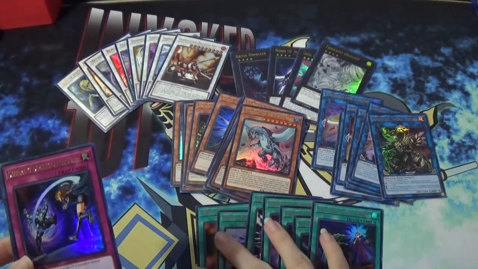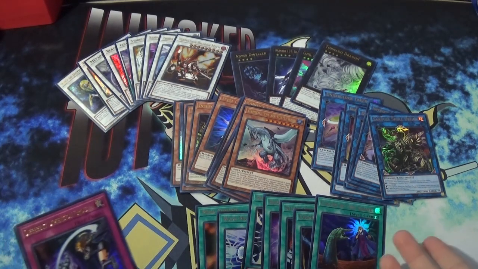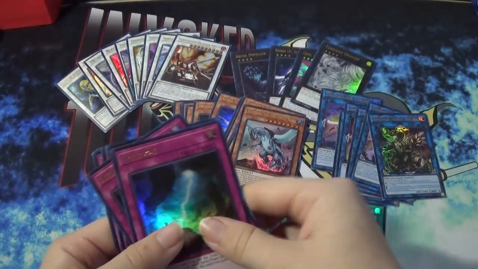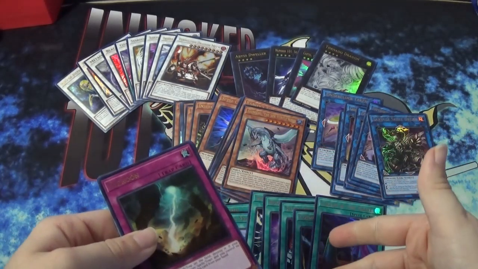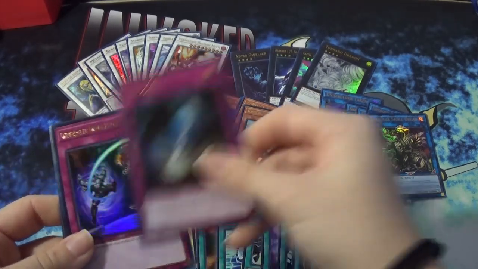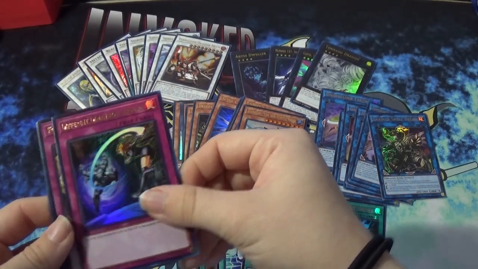I'm a little surprised that these are all the spells that we get. I kind of expected there to be a Twin Twisters in here. However, there is, as you'll see, a Typhoon in here as well. But Twin Twisters could have been squeezed in here, especially with it being such a good card in current formats lately. As I mentioned before, we do have Typhoon, Different Dimension Ground,